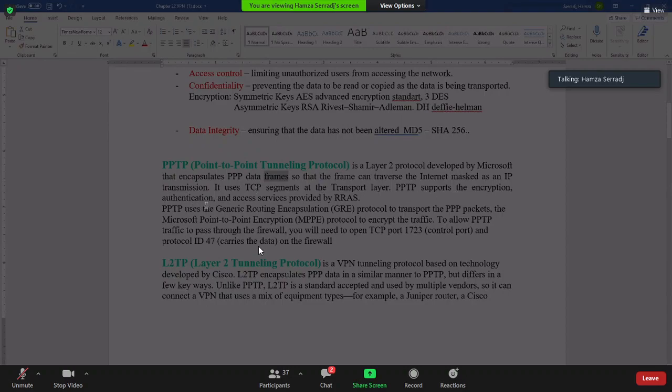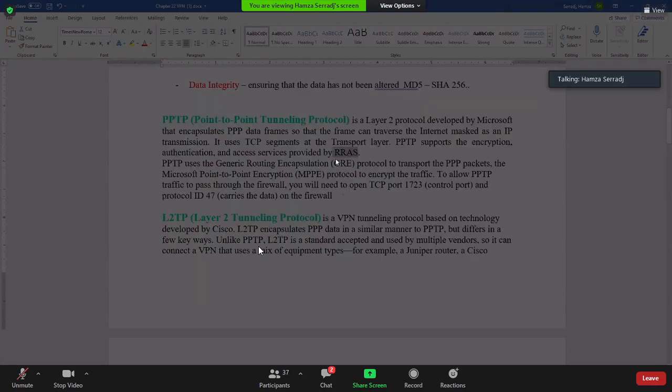PPTP supports the encryption, authentication, and access services provided by Routing and Remote Access Services, the one that we were using on our servers. We just used it in the lab, right? PPTP uses Generic Routing Encapsulation, GRE. We call that GRE tunneling. The concept of GRE tunneling was made by Cisco first, right? But PPTP used the GRE tunneling protocol to transport PPP packets, and the Microsoft Point-to-Point Encryption protocol, MPPE,